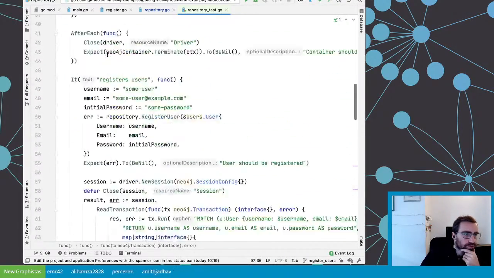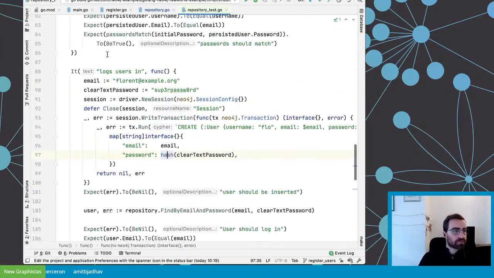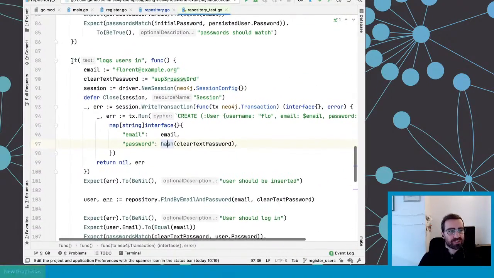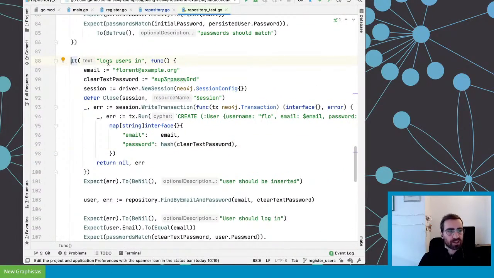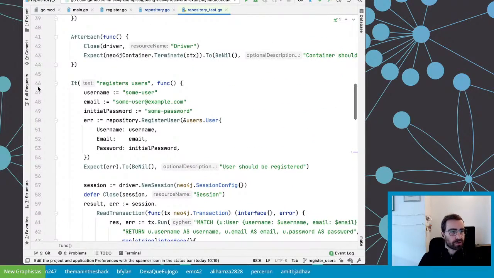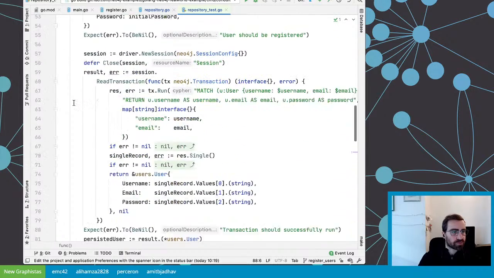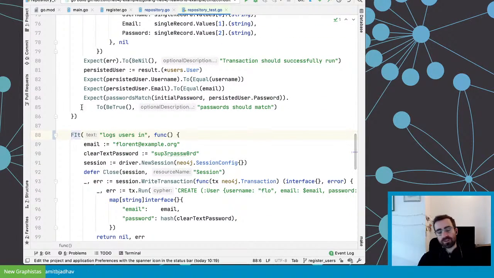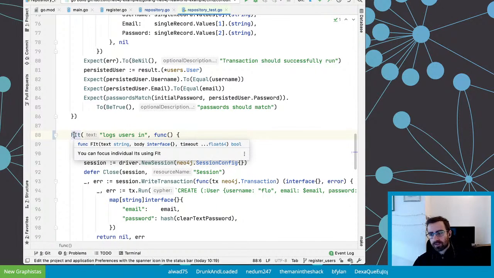So let's run it, and because I'm only interested in that one, the support in the IDE, so I'm using GoLand from JetBrains, could be improved. It's nice enough, but I still have to do this kind of manual thing. I cannot run individual tests with the UI, right? You don't see any shortcut here to run this particular test. So what you have to do instead is use the syntax of Ginkgo, which is very inspired from Jasmine, for instance, or other testing libraries. The F means focus, it doesn't mean anything else.